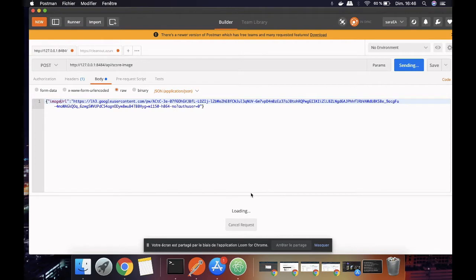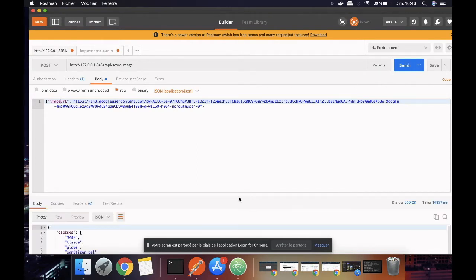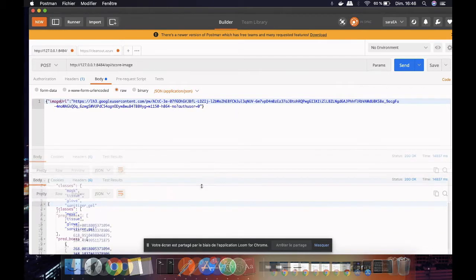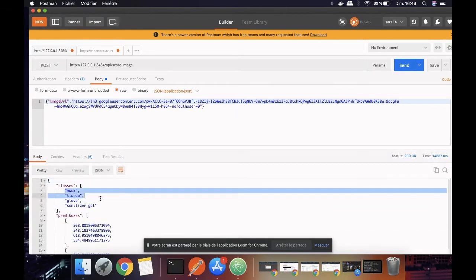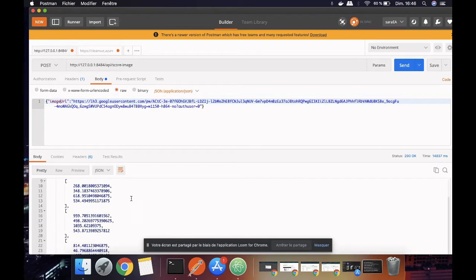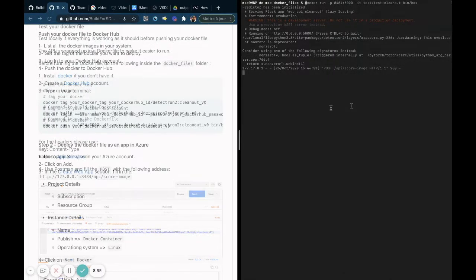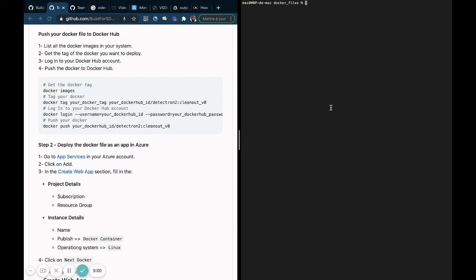Let us wait for the result to show up. All right. Let me just enlarge this a bit for you. Here's our response. So these are the classes we have trained our model on, and these are the prediction boxes. Great. So now that we made sure that everything is working, to purge this Docker, what we are going to do